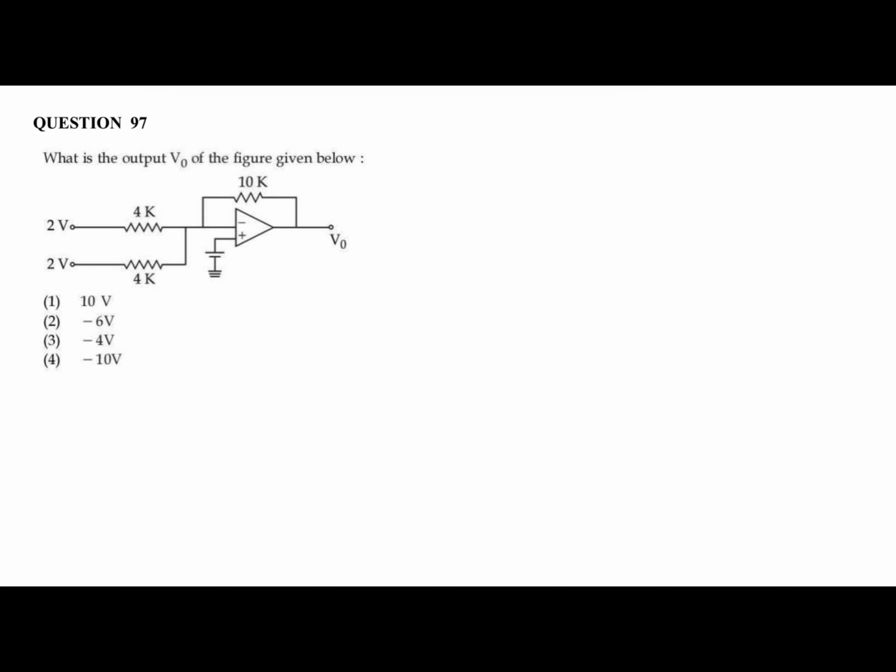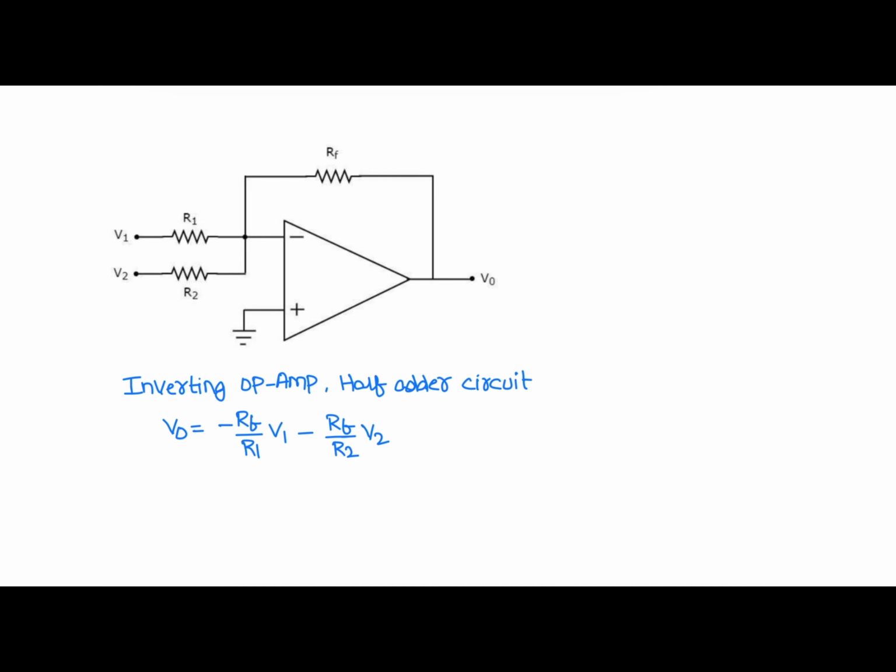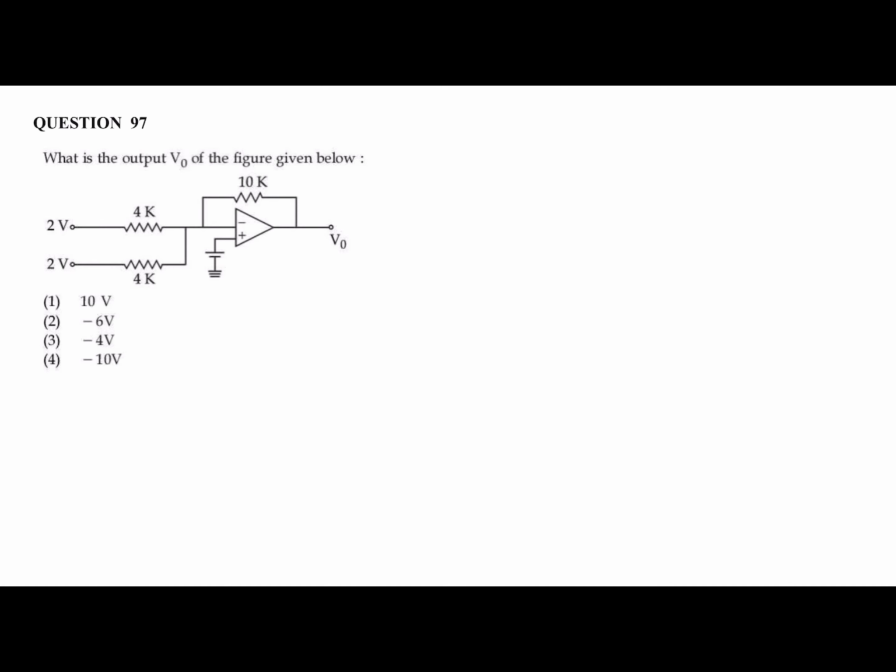Next question. What is the output voltage V0 for the figure shown below? So the given figure is an inverting operational amplifier half adder circuit. Output voltage is minus RF by R1 into V1 minus RF by R2 into V2. So therefore output voltage V0, here feedback resistor RF is 10 kilo ohm. Let us assume this is R1 voltage V1, R2 voltage V2. Output voltage is minus RF by